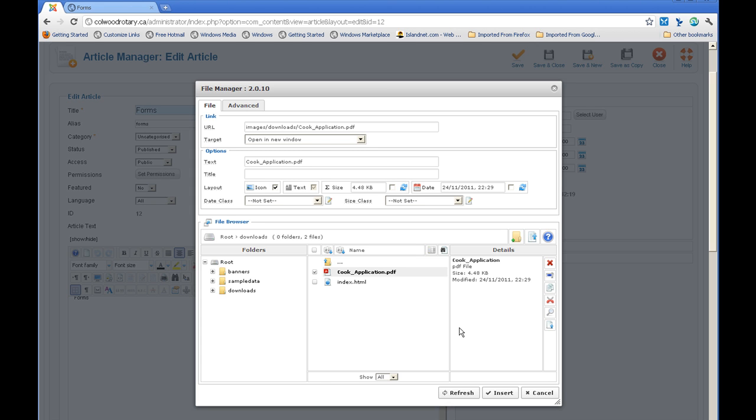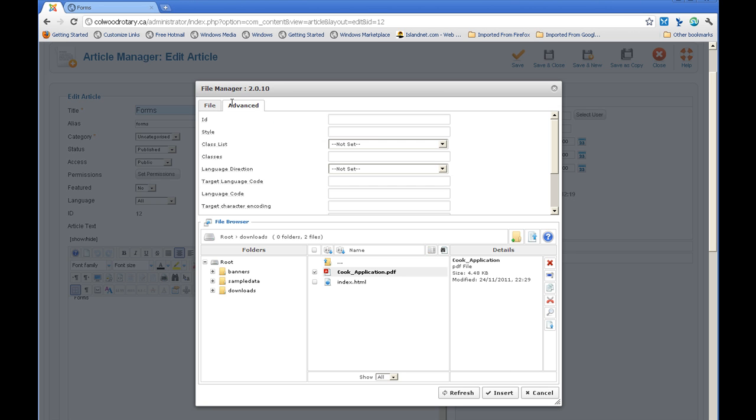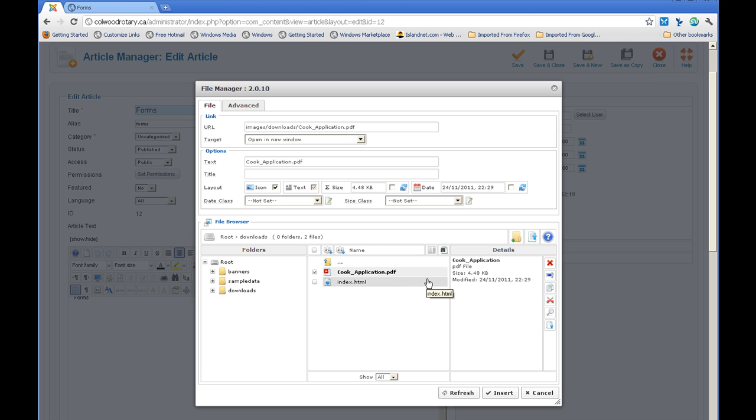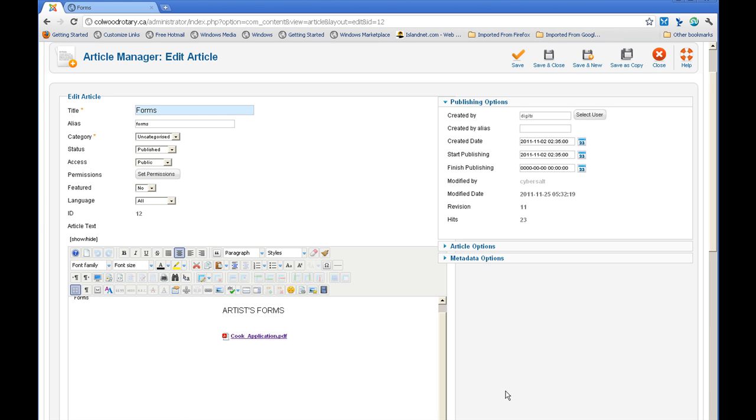Alright, so that is pretty much everything we'll look at just for the options here. You can always explore and experiment with the advanced options, but we'll just forget about those for now. So now that we have the link selected and set up the way that we want, we will just click Insert, and there you have it. Artist Forms, then you have this link to the PDF file. If we save that,